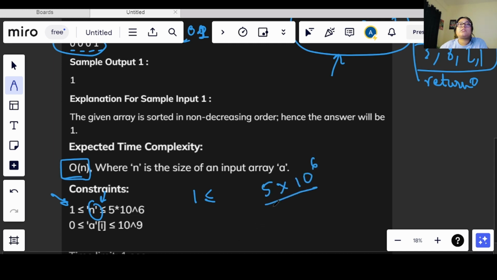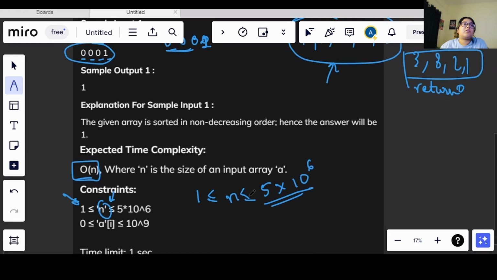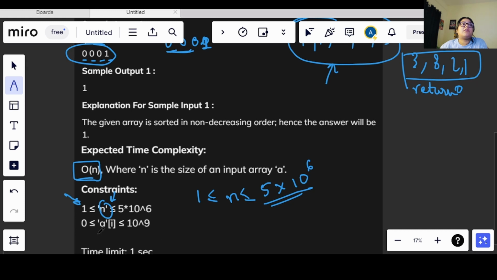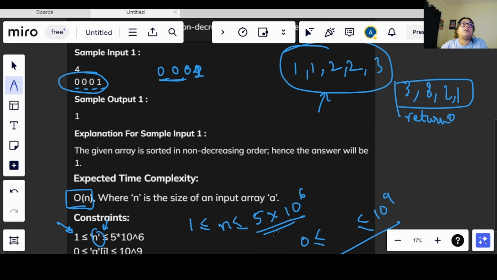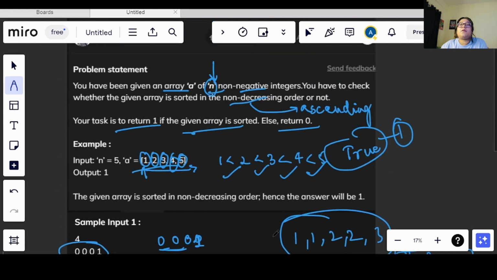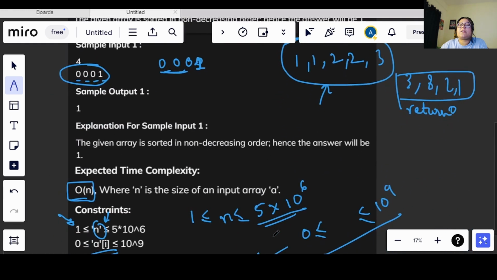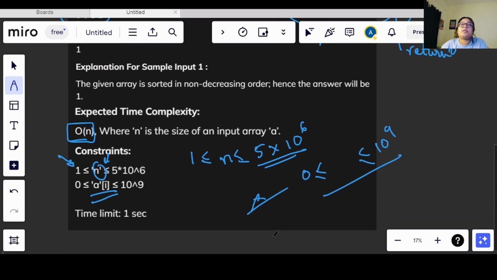We have also been told that the value of A of i, which means the array integers, will be greater than or equal to 0 and less than or equal to 10 power 9. We cannot have any negative integers. The value will lie between 0 and 10 power 9. So now this is our problem statement. We have been given an expected time complexity and the constraints.